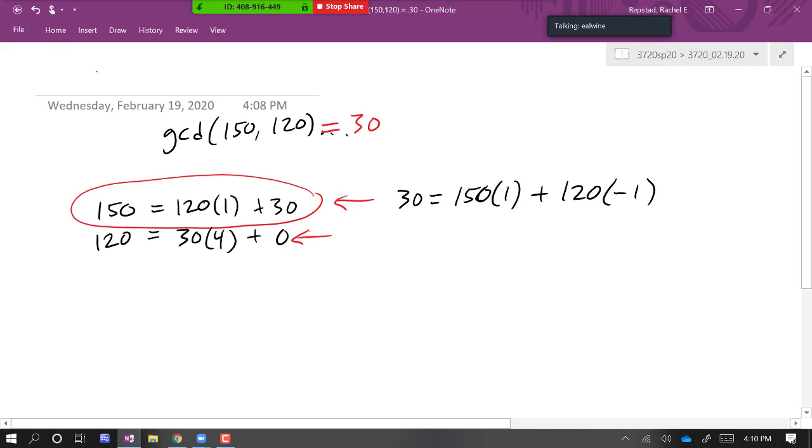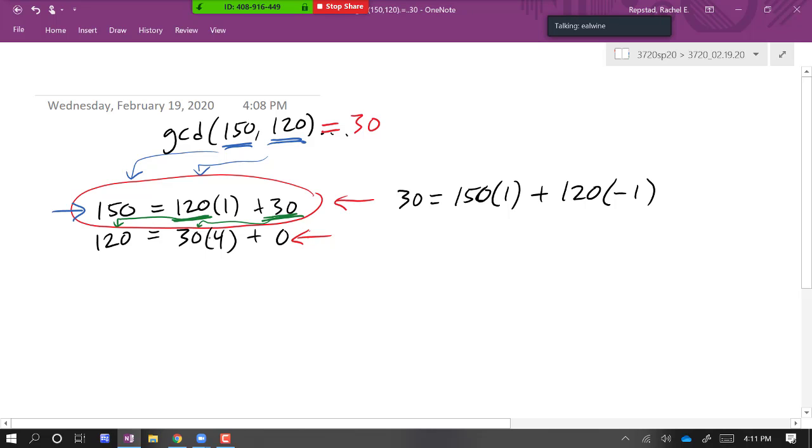Does that... Okay, so yeah, in the first one that you have circled in red, is 120 just happenstance, or is that the second number that you're trying to find the divisor of? I started with these two, that I was looking for the greatest common divisor of 150 and 120. So then I used the division algorithm to say, okay, 120 goes into 150 once with a remainder of 30. This is what the division algorithm tells us we can do. And then with the Euclidean algorithm, you just do it again, but with the 120 and the 30, and you bring those down. Gotcha.